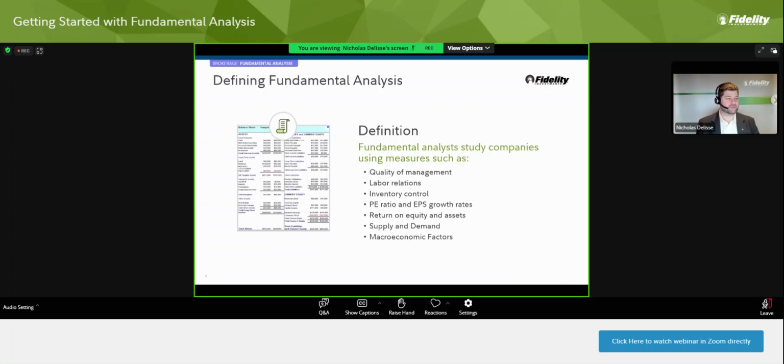Now, what does quality of management mean? Why is this important? Well, think about Apple. Would Apple be the same company it is today without Steve Jobs' vision? Probably not. What about some other companies? I know you have some other owner-CEO companies, Meta Platforms, aka Facebook. You have Tesla and such, where a lot of people invest in those companies because of the vision of the management. But who sits in that C-suite office isn't all that quality of management is talking about.